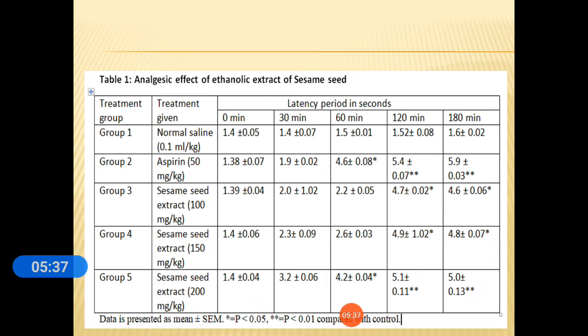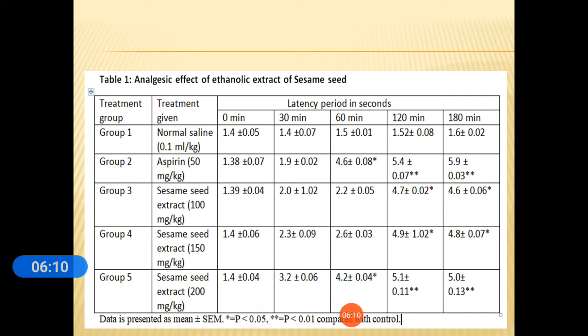Then the albino mice were immediately removed from the hot plate on paw licking or jumping to prevent damage to their paws. The test drug was given orally half an hour prior to the experiment. The temperature of the hot plate was set at 55 degrees Celsius. Here the cutoff period was taken as 10 seconds. The latencies were recorded before and after 30, 60, 120 and 180 minutes of administration of standard and test drug, and the results were compared with the control.